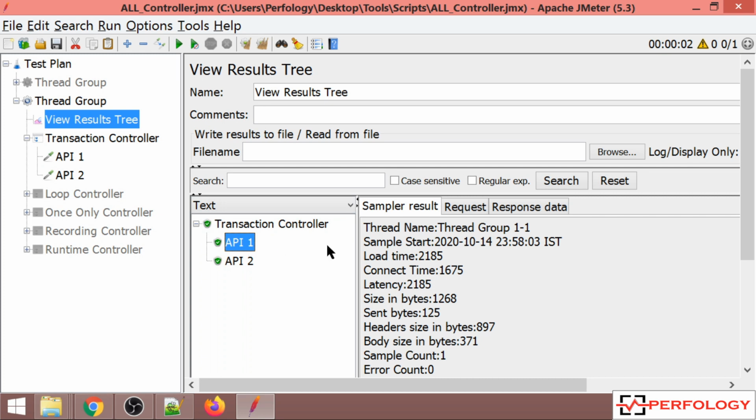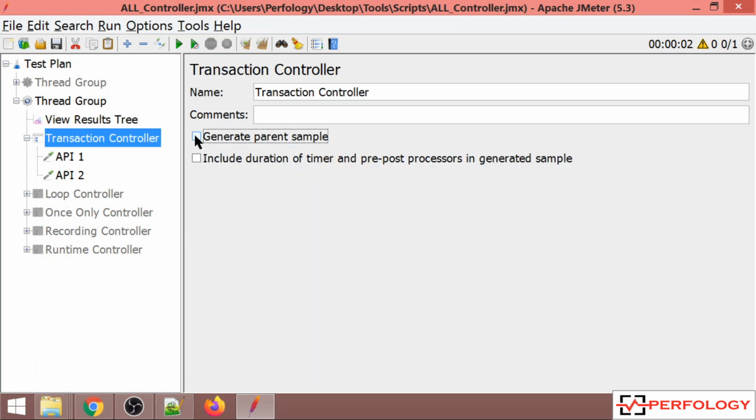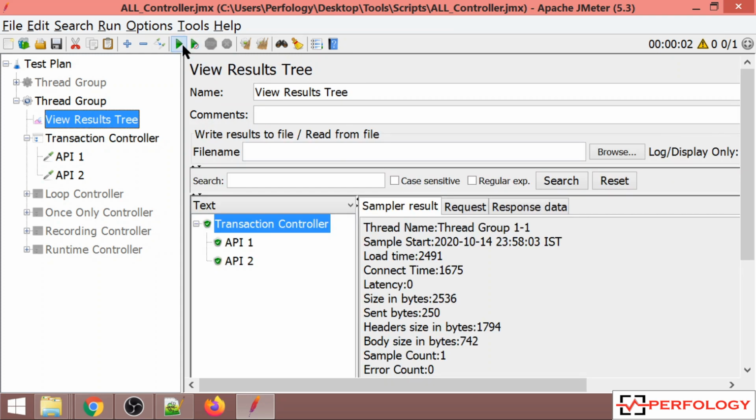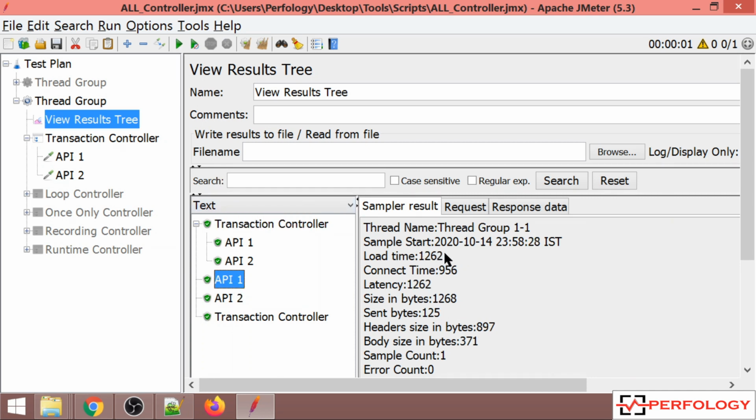So now you can see the response time of API 1 and response time of API 2 is added and it is being shown over here, 2491. If I uncheck this and then run the same thread group, then I get individual response time of both the APIs. So this was the difference of generate parent sample.